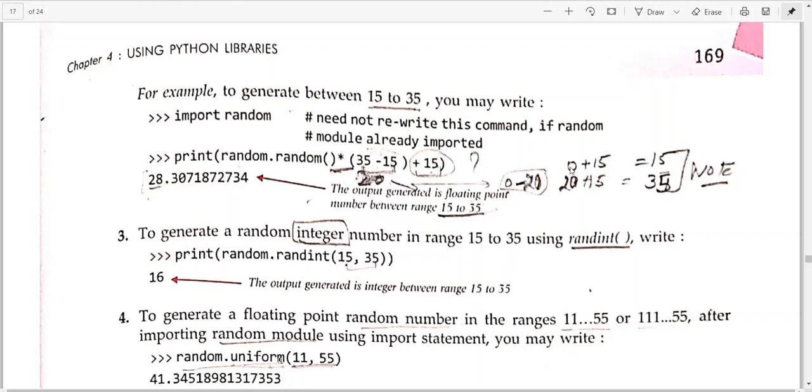If this time it is not 0, it can be 1. It can be 0, 1, 2, 3, 4, 5, 6, 7, 8, 9, 10, 11, 12, 13, 14, 15, 16, 17, 18, 19, 20. This will be variant every time. So if it is 0 plus 15, 15. If it is 1 plus 15, 16. If it is 2 plus 15, 17. So a range from 15 to 35 will be obtained using this particular statement. I hope it is clear. So any number within this range, if it is produced as an output, is right. Okay, fine. This also you have understood.